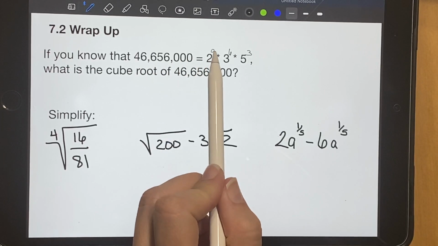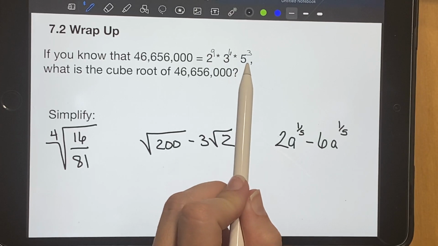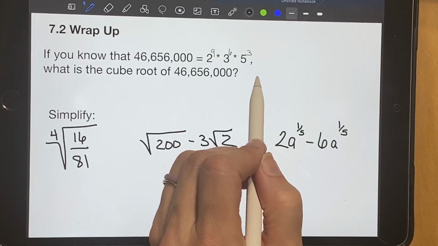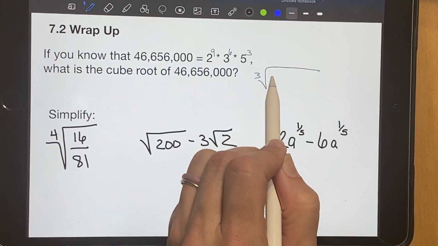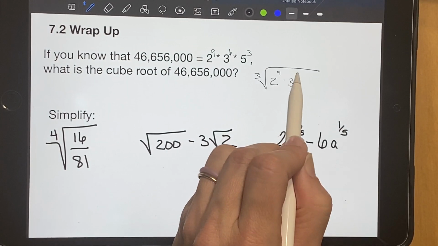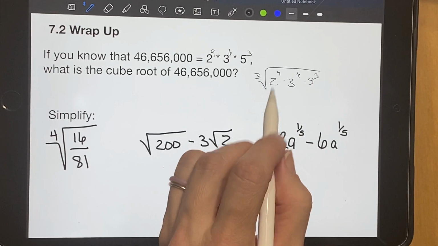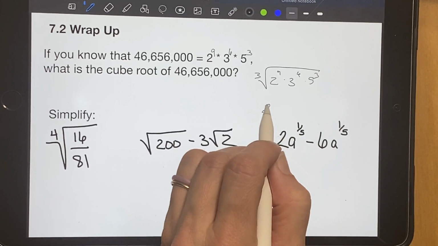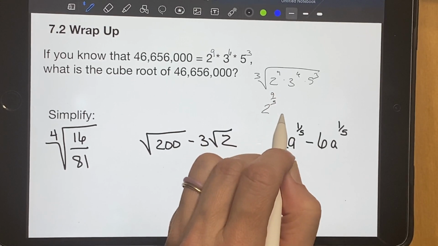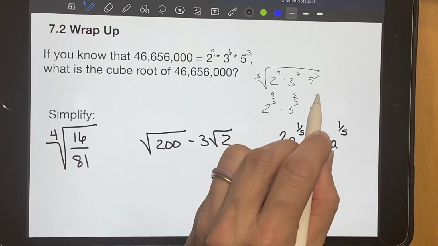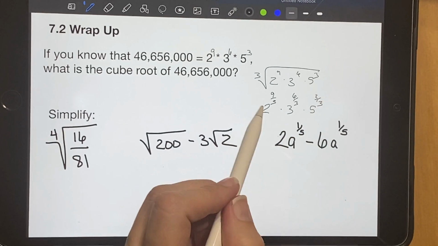46,656,000 is 2 to the 9th times 3 to the 6th times 5 to the 3rd, what is the cube root? Well, if I'm taking the cube root of each of these, the fastest way would be to turn them into fractional exponents. So I have 2, I have 9, I need 3. For the 3, I have 6, I need 3. For the 5, I have 3, I need 3. And immediately,